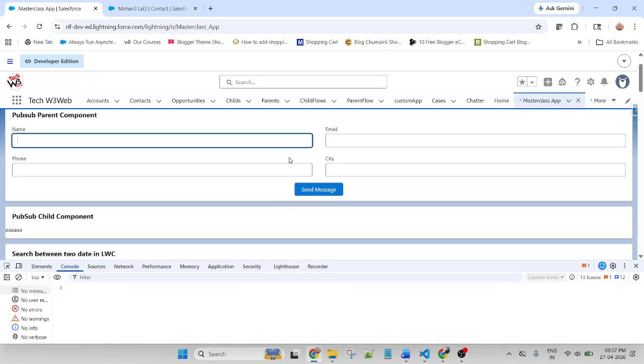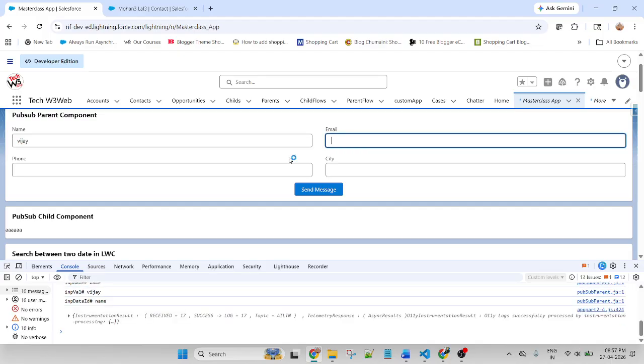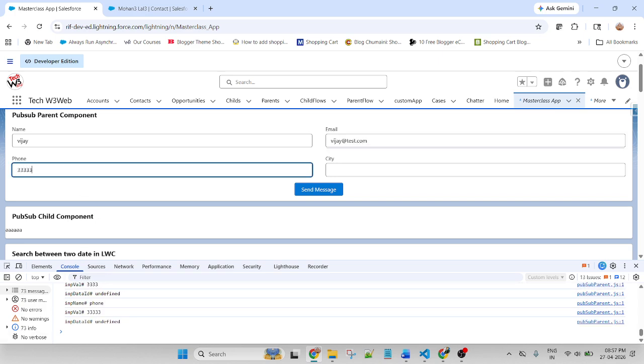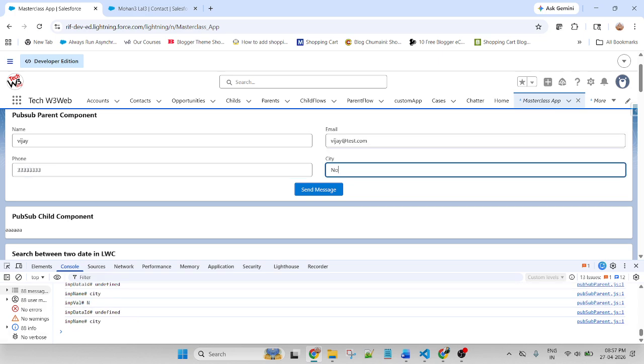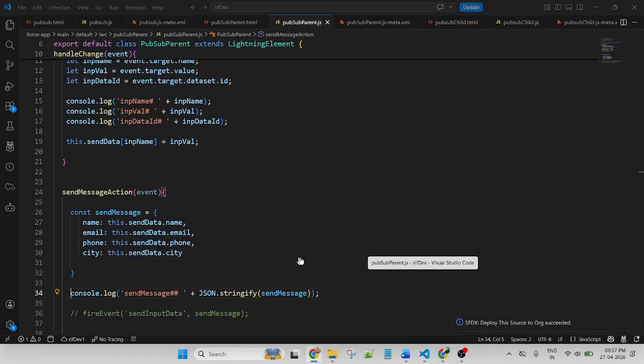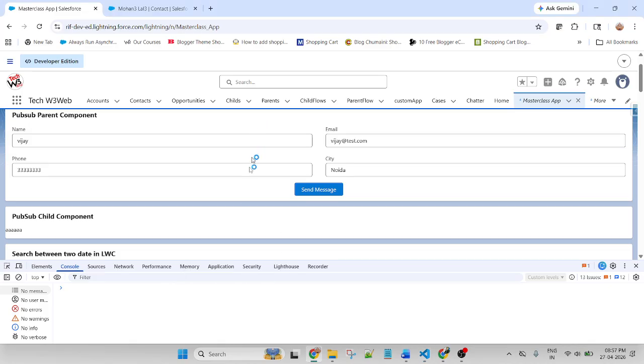So now Vijay, okay, Vijay@test.com is correct. Phone number, and no error. Now clear. Now click. When I click on the button, this console log means this object is displayed, with all of the values in object format.